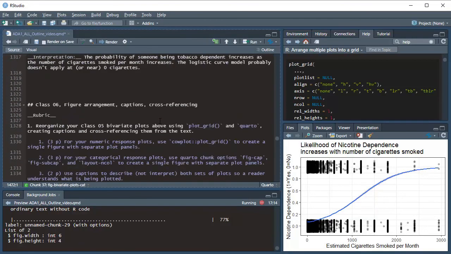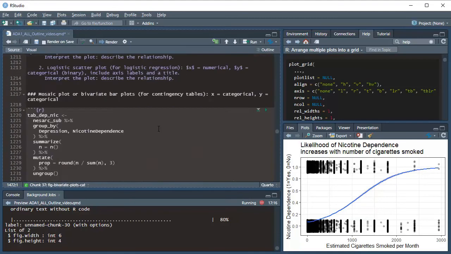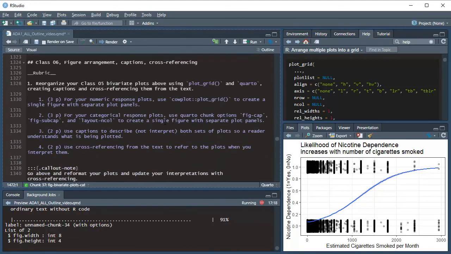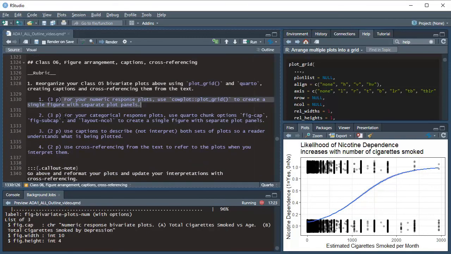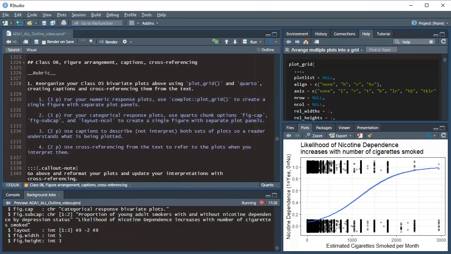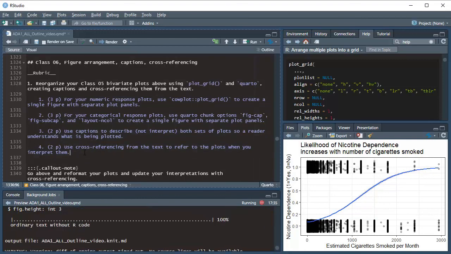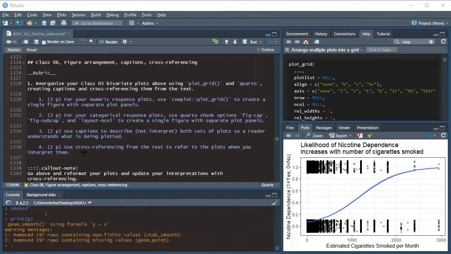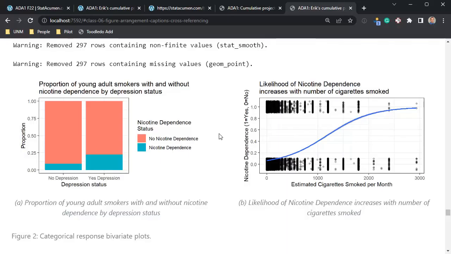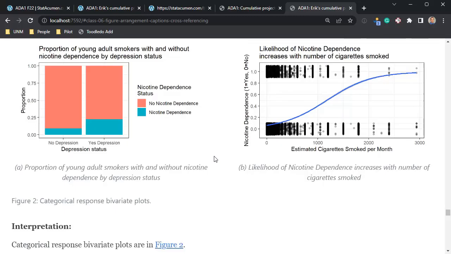Let's go back up to the rubric, and we can always grade ourselves using the rubric. We've made our numerical responses into a grid of plots. We've used Quarto to arrange categorical plots. We put in our captions, and we cross-referenced everything. We're brilliant. All right, we'll go look. I removed a little bit of space. That looks pretty good, actually. 2% is plenty. So that's a nice looking figure with